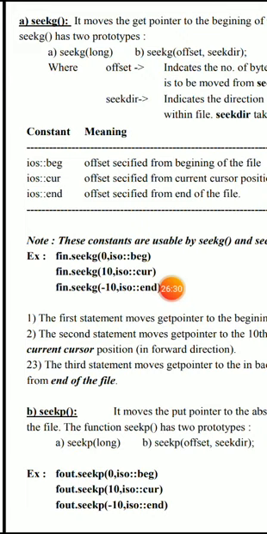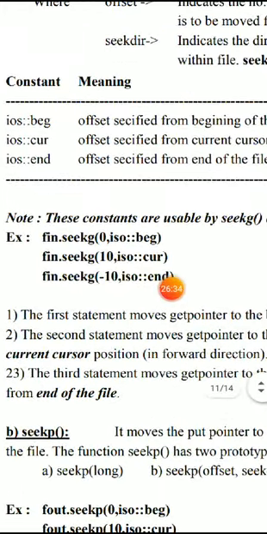So fin.seekg(10, ios::cur) means if the cursor is initially placed at the 0th location, and you execute this statement, it will take the control from the 0th character to the 10th character in forward direction.